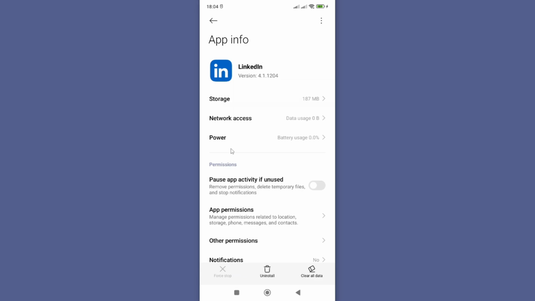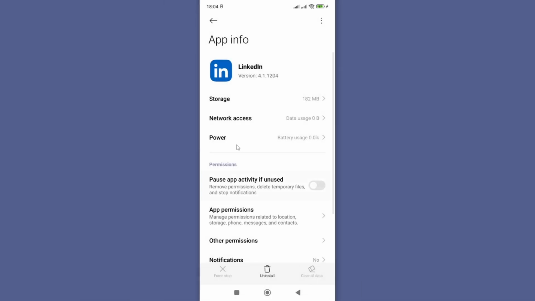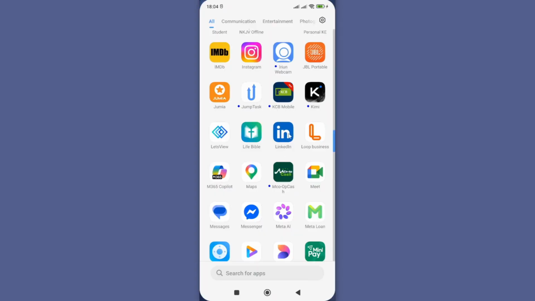However, should you still encounter a challenge, come back to the app info page and this time around, go to clear all data and then OK. So here you'll be logged out and you'll need to log in afresh. At this point, everything should be okay, but should you still face a challenge, then you need to